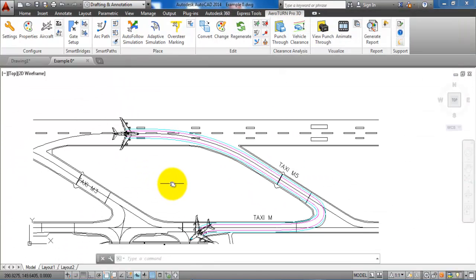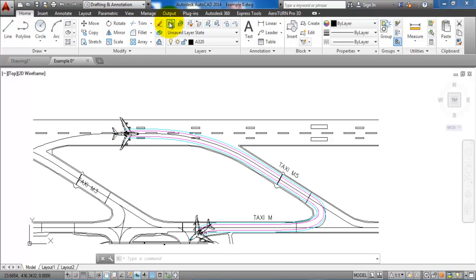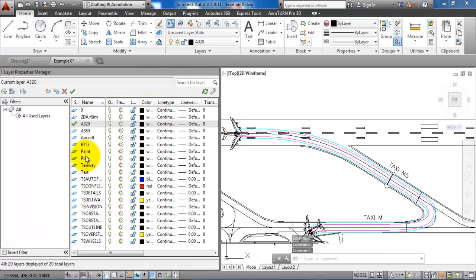But if you have to make a lot of simulations with a lot of different aircraft, then I will recommend you to create a layer for each of the aircraft. So in this case, if I go to the home ribbon and select layer properties, then we can see, actually in this case I have selected the wrong layer, so this simulation right here is now placed in the layer 320, but I actually want to have it in the layer of